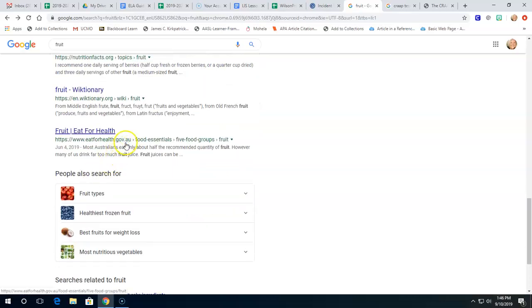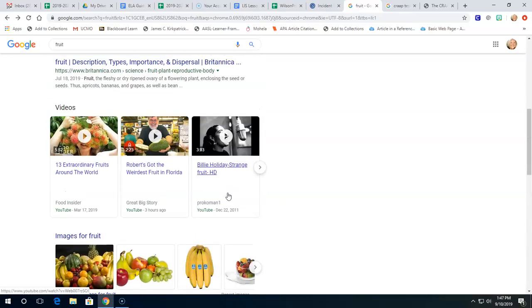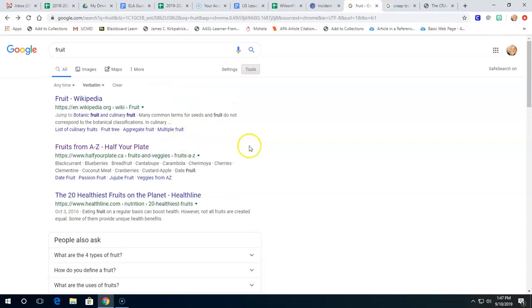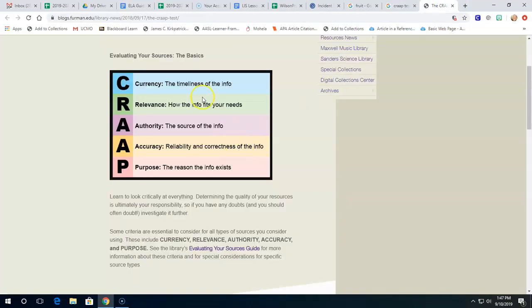We have an Australian .gov, which could also be trustworthy. So as you can see, there are many options when you do a search, and you have to rely on this CRAAP test. And as you can see, you can find different examples of this acronym all over the web. You want to apply these words before you decide to use a website.